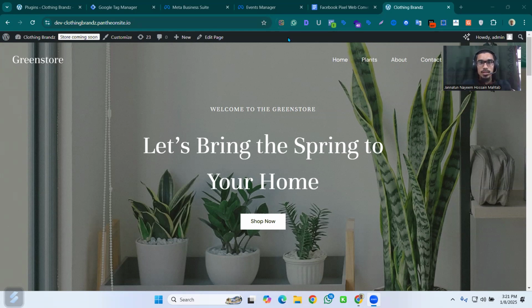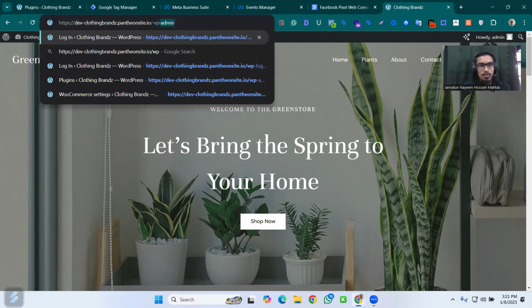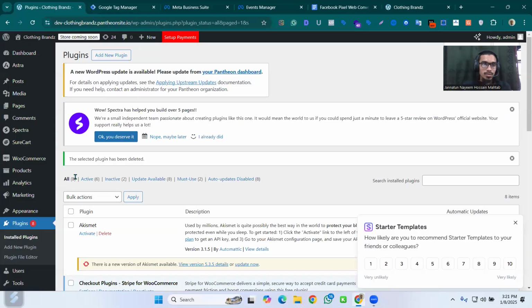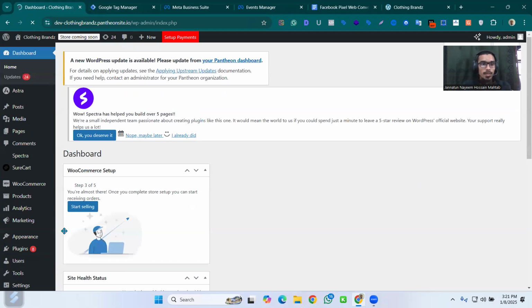It's my website. As you can see, to go to the backend of the website, what we have to do is just write wp-admin. I've done it, and then press enter and you'll see the dashboard like this. So first of all,